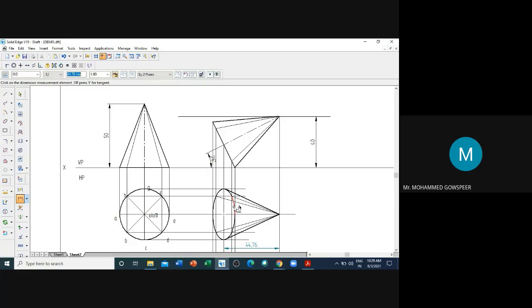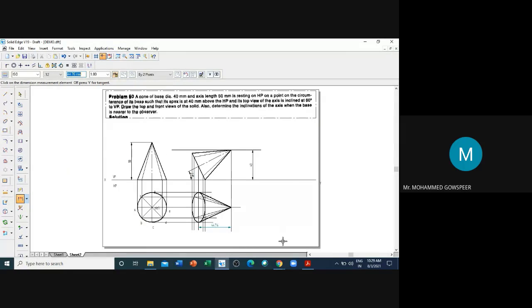Hopefully everyone is listening. Then a second condition: if it says "appears to be" or "top view", that kind of words, while specifying the inclination with respect to the vertical plane, then no need to draw the locus even though the dimension has changed. Remember these 2 points. Anyhow, now you saw the first position, second position, and third one. I will send a note to the CR later so that you can remember. Now I will draw